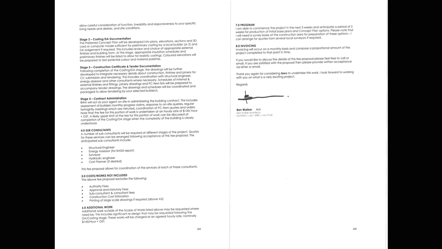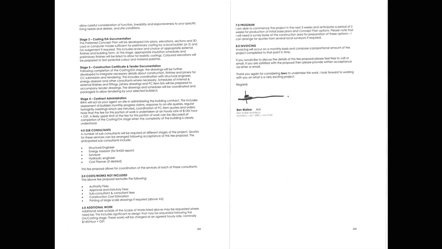So he's letting the client know that there are going to be other people that need to be involved in the project. Finally, down the bottom, you can see the costs and works not included and the additional work outside the scope of services, points 5 and 6, which is making it very clear what he's going to include and what he won't. In terms of the program, point number 7, if we go back two slides, what he's talking about there is really the availability.